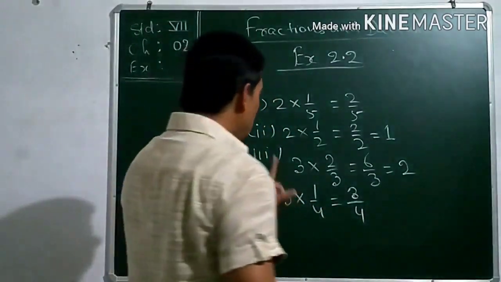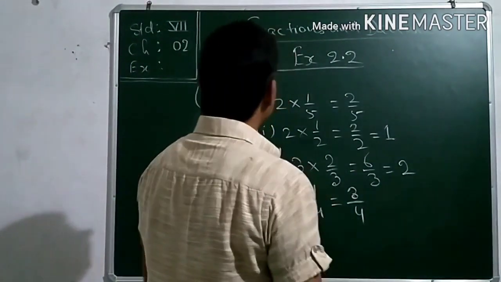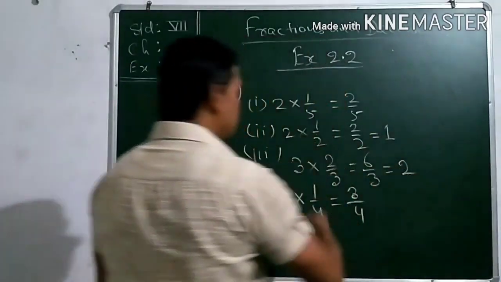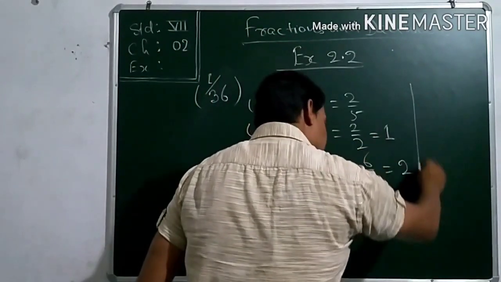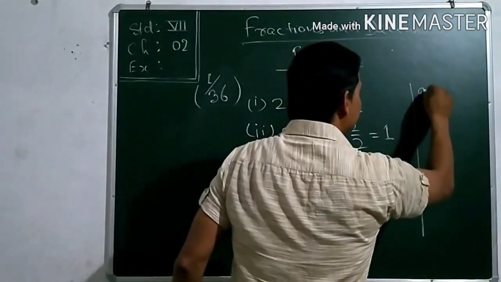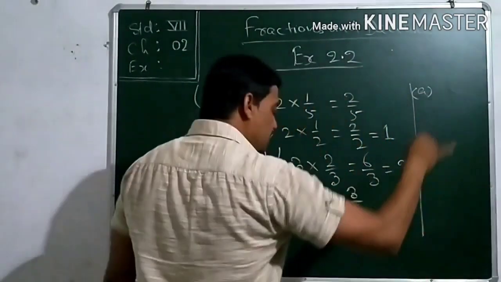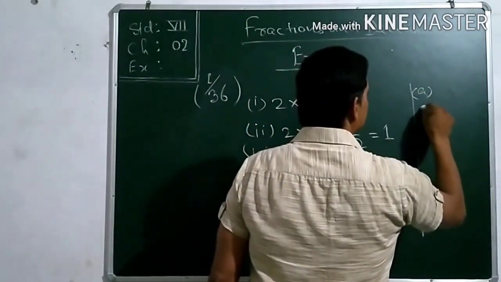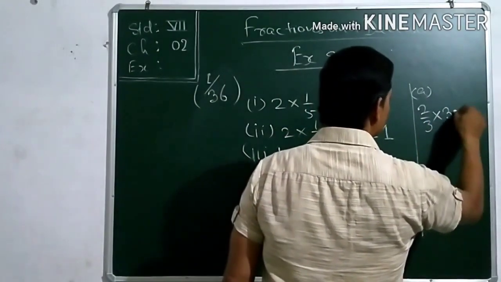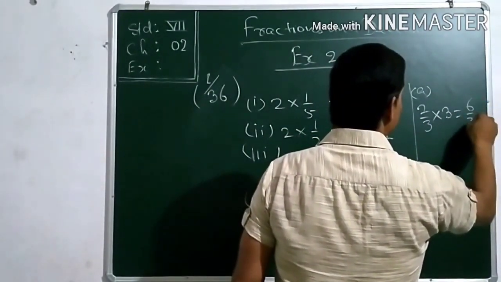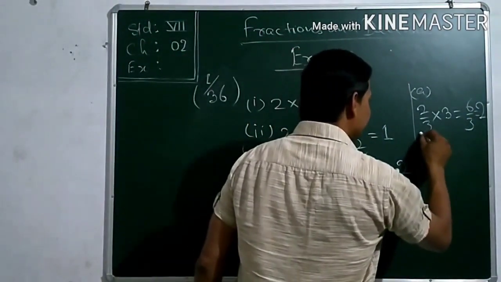Now if you go through A, B, C and D, then you will observe here a lack of space, as I had not planned that it would take that much space. I am showing you A, B, C, D here. See, what does A represent? A is representing 2 by 3 into 3 boxes. Of course, this will be 6 by 3 equal to 2. Of course, I am lacking space here.